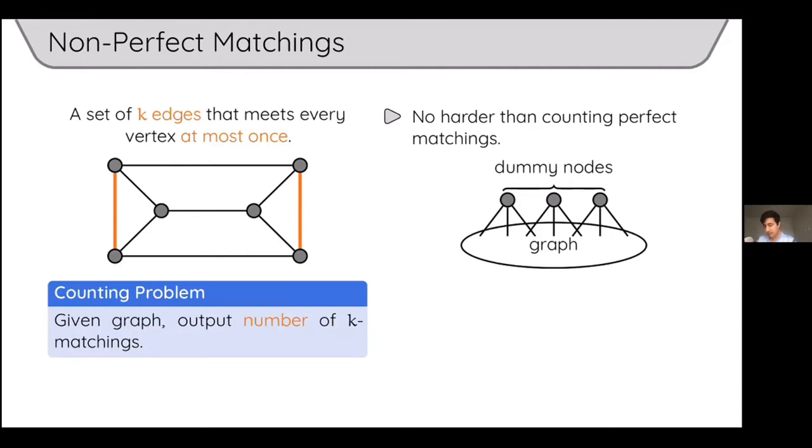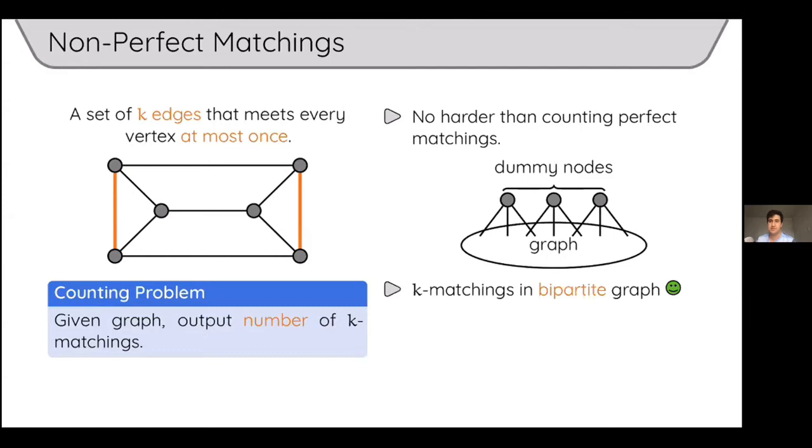That's because given a graph, you can add a bunch of dummy nodes and connect those dummy nodes to the rest of the graph in this fashion, and by controlling the number of dummy nodes, you control k. Any perfect matching in this new modified graph corresponds to a matching of a particular size on the original graph. If you just consider the edges of the perfect matching that are inside, those would give you a k-matching. So it's enough to count perfect matchings in this graph. And this strategy naturally extends to the bipartite case too.